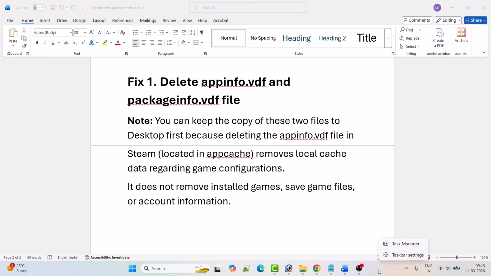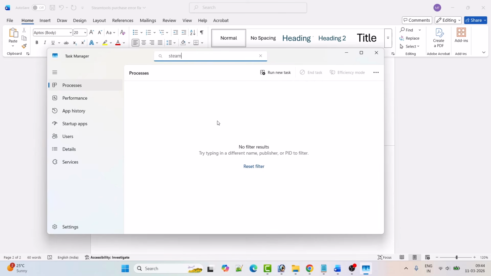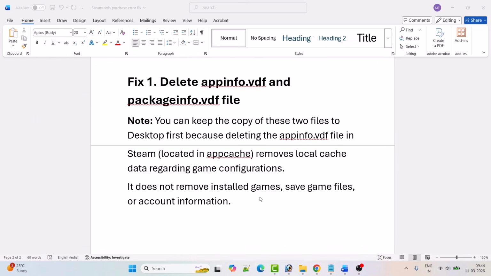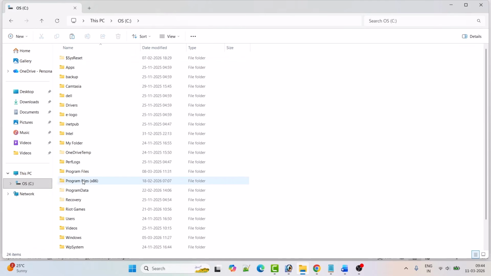Also right click on the system tray and then open task manager and here search for Steam. Steam is not running, but in your case if Steam is running, then right click on it and then click on end task. And after closing the Steam completely, now open File Explorer, open C drive, open program files x86